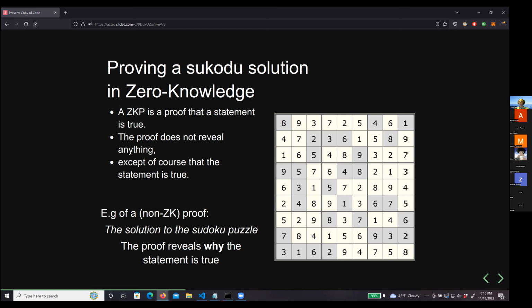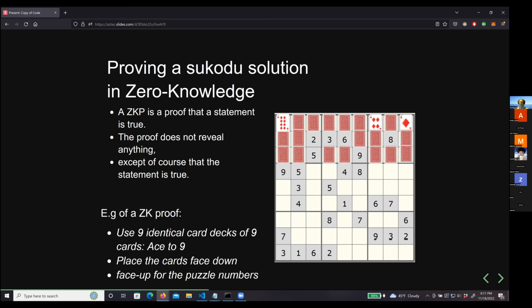Okay, and is this even possible? So yes, of course it's possible. And for Sudoku, there is, I think, a neat way to explain this. One way to prove in zero knowledge that you have a valid solution to a Sudoku puzzle is to